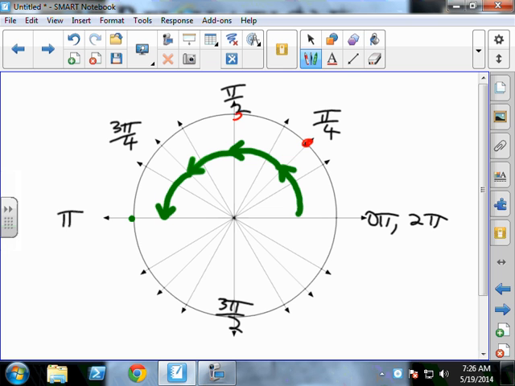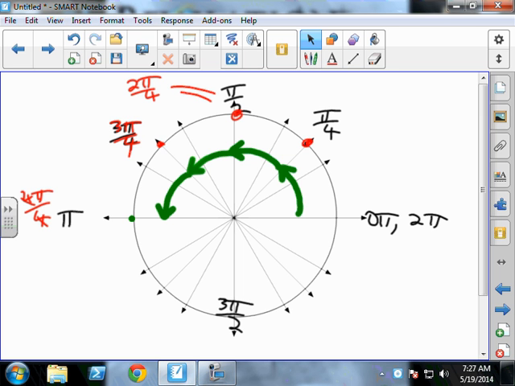Pi over 4, 2 pi over 4, which is really the same thing as a half, right? And then I go another clock amount that much, 2 pi over 4, so 3 pi over 4, right? And then another clocking amount that much is 4 pi over 4, and of course that reduces to just pi. So if you can think that way, 1 pi over 4, 2 pi over 4, 3 pi over 4, 4